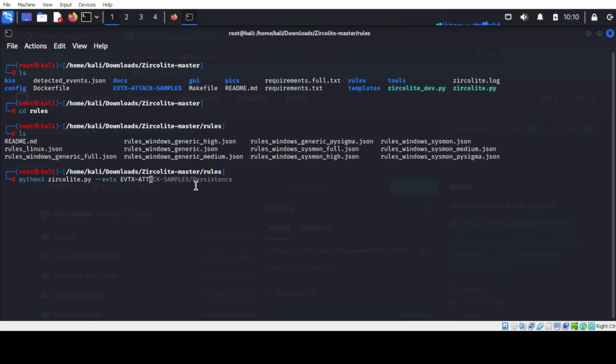Now if you want to use only a specific set of rules, not all, it's possible. How can you do that? I just need to specify a command, something like this.